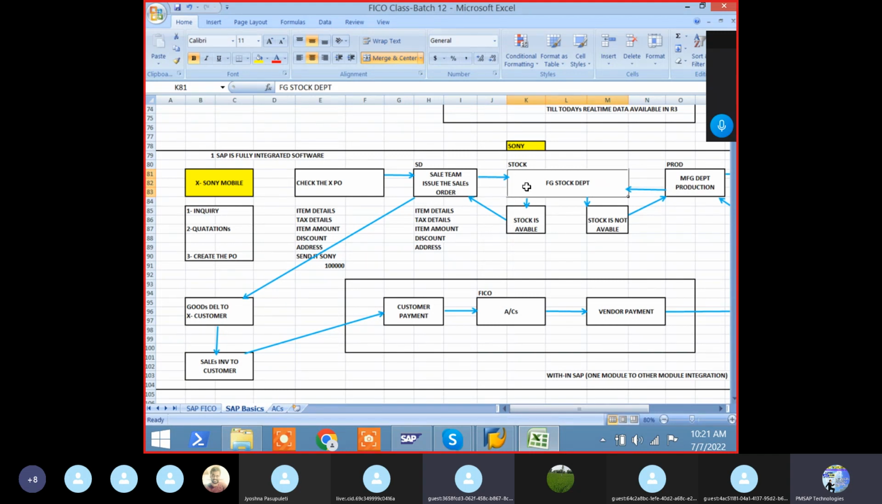If stock is not available, the system will generate the request automatically. Stock is not available, so start the manufacturing and complete the production. This is our requirement: 100 quantity, 1000 quantities, 2000 quantities are our requirement based on the sales order quantity. Based on the sales order quantity, the system will create the request automatically and send it to the manufacturing